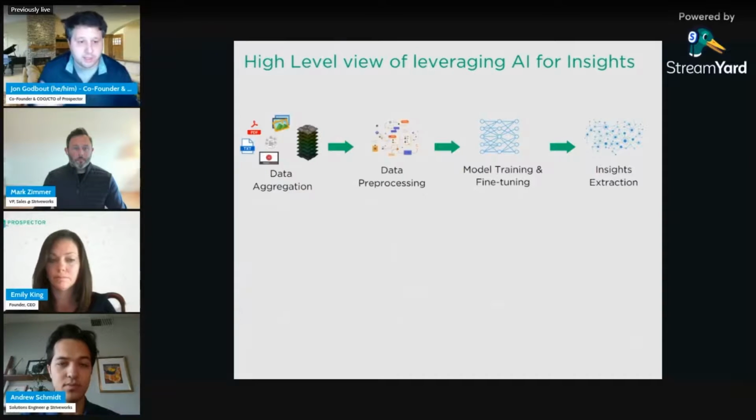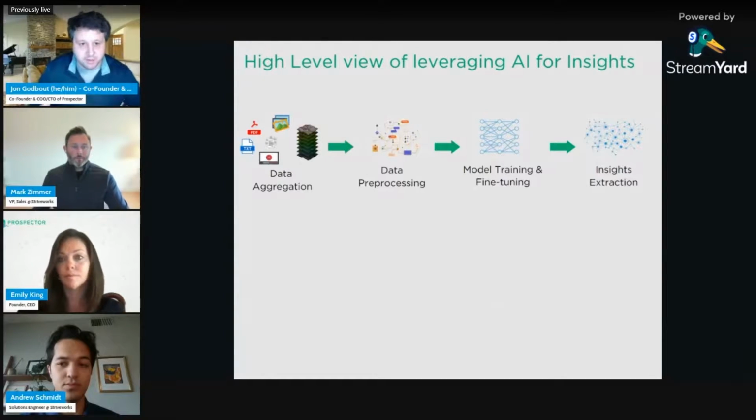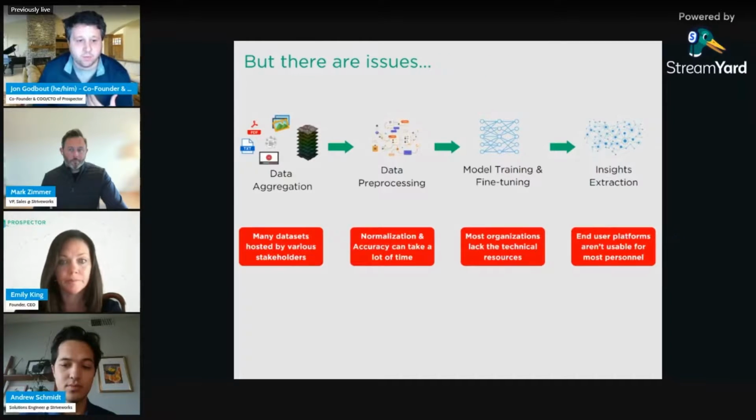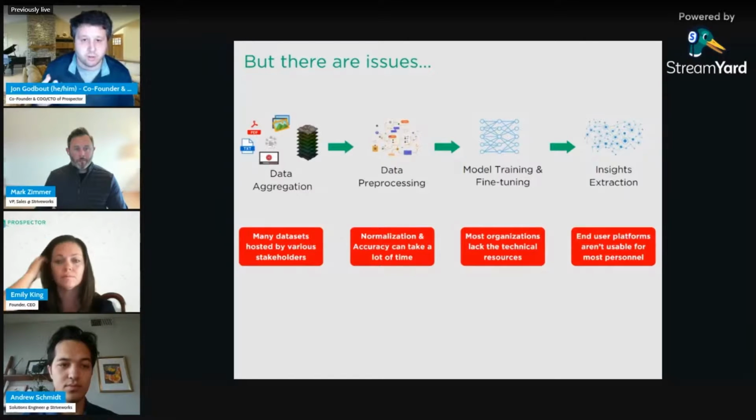And going through the process to do this, right? First, we got to take all those documents, we got to put them together. We have to pre-process them somehow. We then have to run them through some AI models, and then we get our extractions out. The problem with this is, one, even from a public data standpoint, there are many data sets out there held by various stakeholders that need to be aggregated. You have to normalize those things so that you can actually effectively use AI models. And then oftentimes, just executing those models for any one individual organization can be cumbersome, right? Just to put the infrastructure in place.